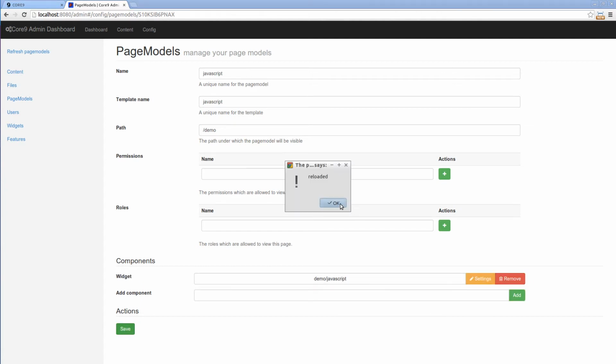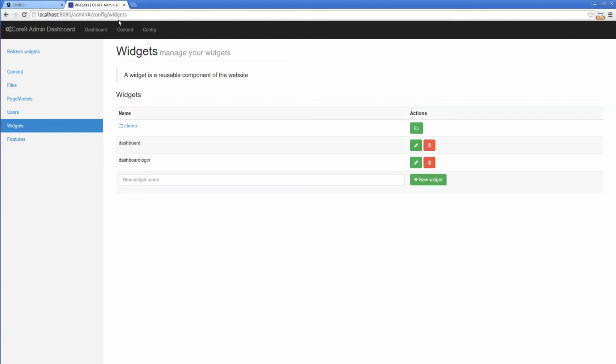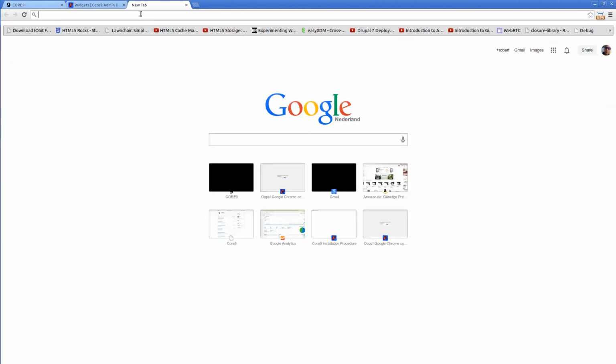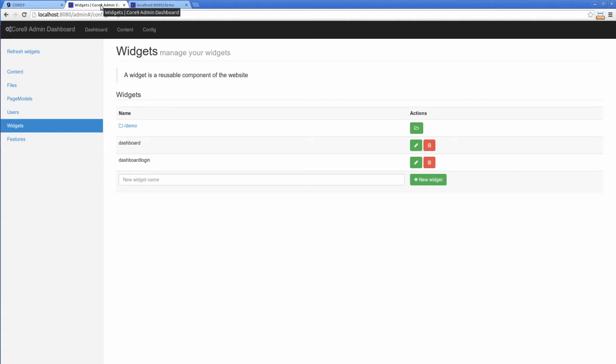All templates reloaded. Okay. So now we should have a page underneath localhost/demo that says body. Yes, correct. And now we can add some JavaScript. How I will do that is I'll go to my demo widget here, and I will add the